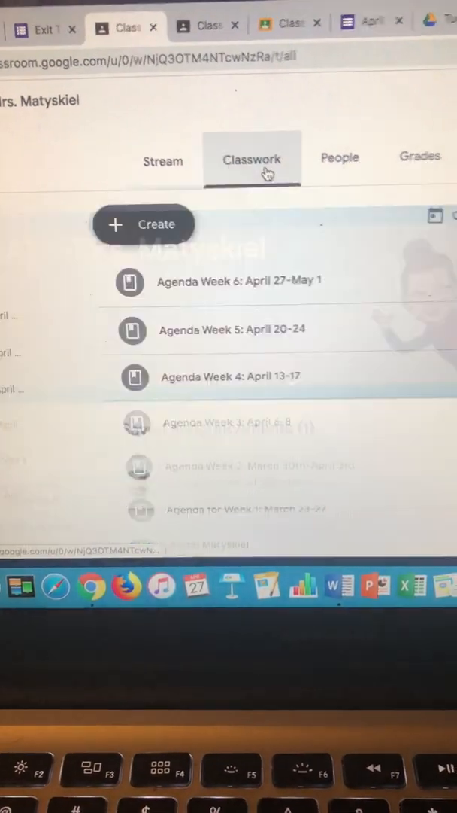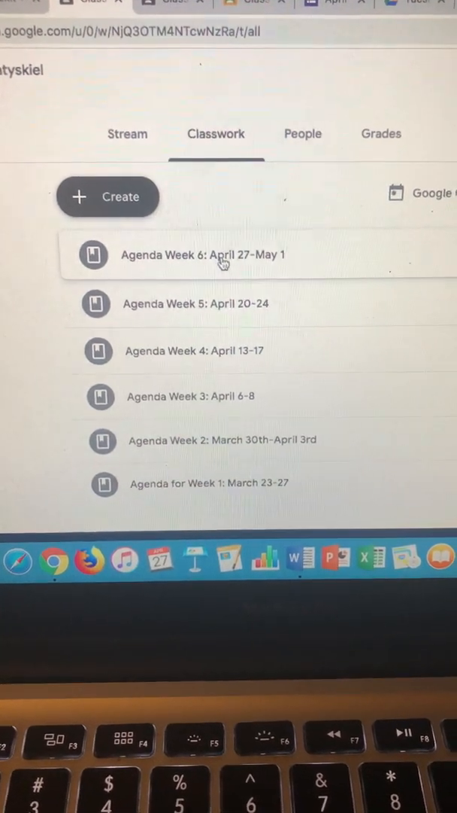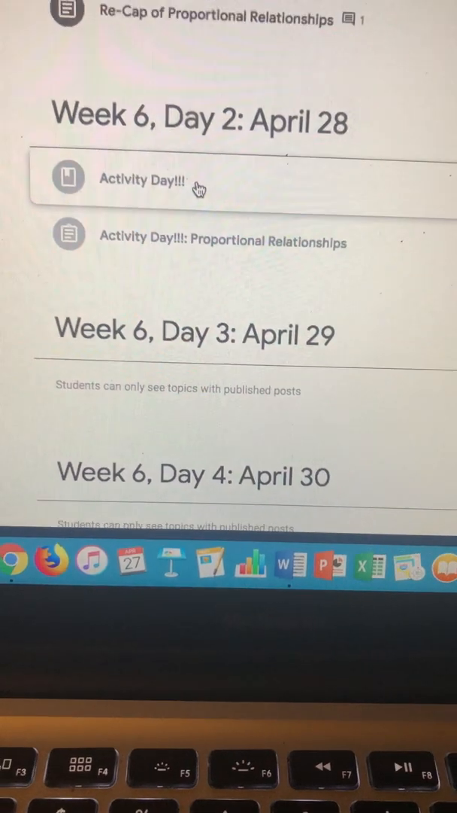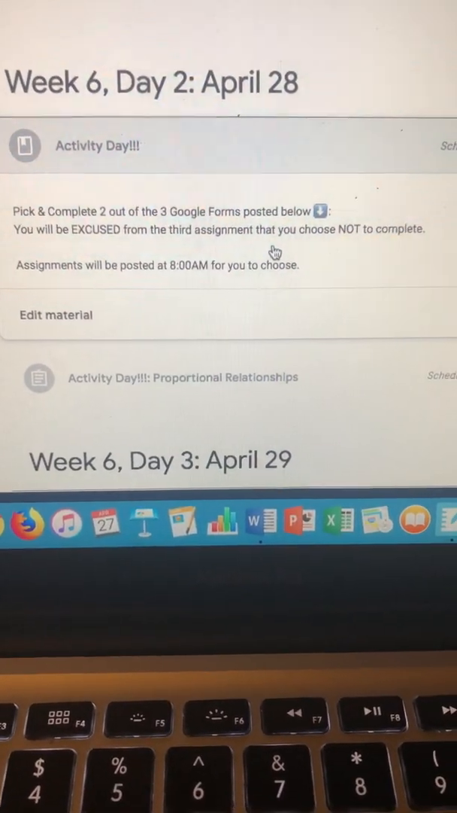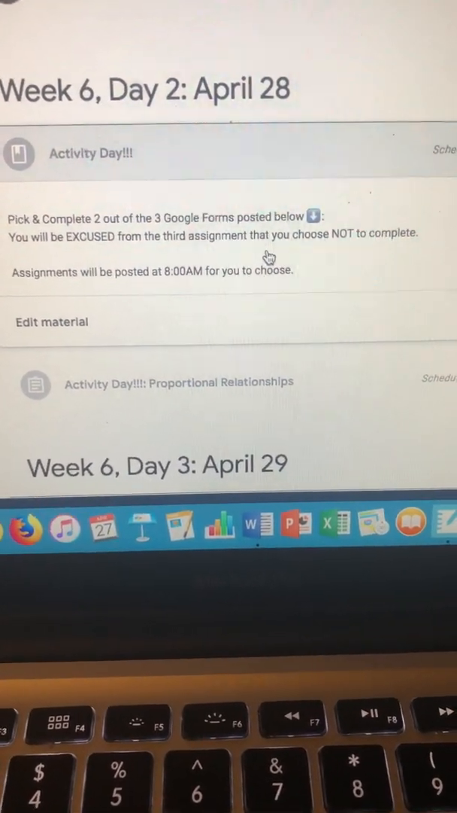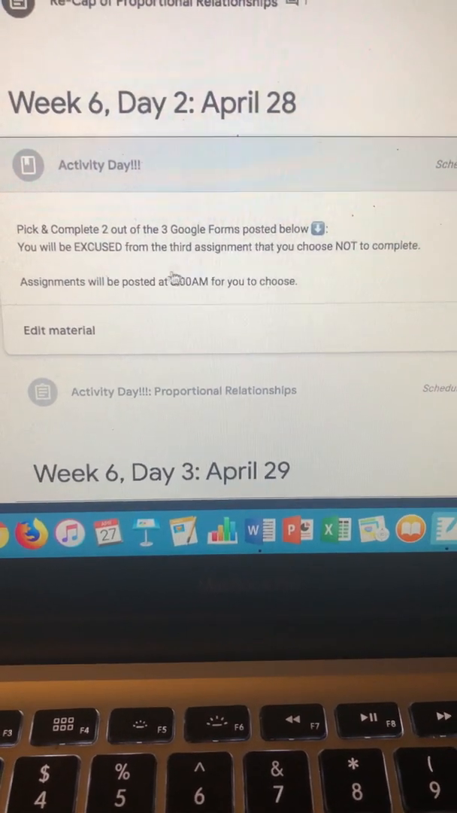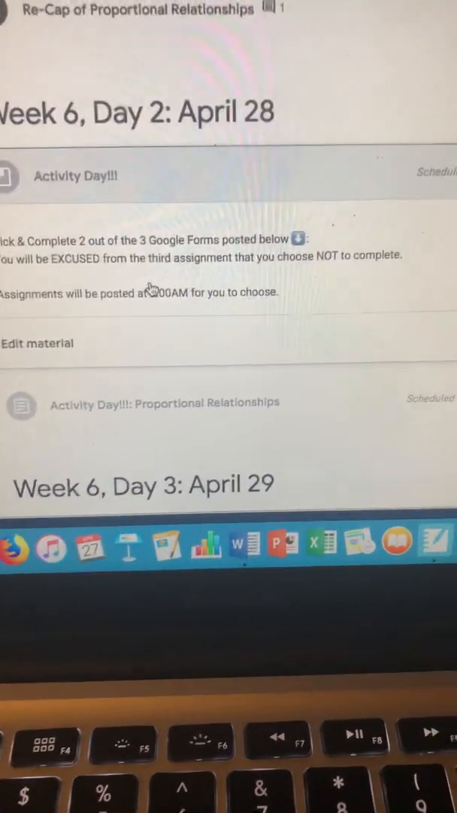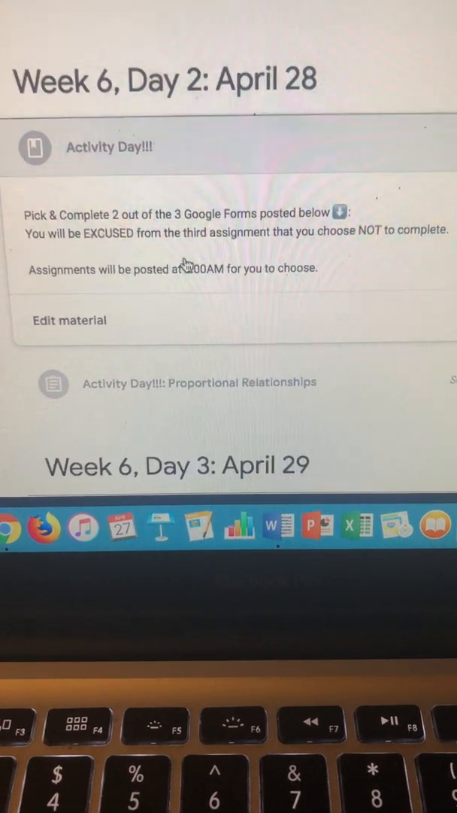So I'm going to click on your classwork tab. If you checked out the agenda already, you would see that today we have scheduled an activity day. Here you'll see there's a material. It's just giving you directions on what you have to do today. You're going to pick and complete 2 out of the 3 Google Forms that I post below. You will be excused from the form that you do not choose to complete. So you're completing 2 out of the 3, and you'll be excused from the 3rd assignment that you choose not